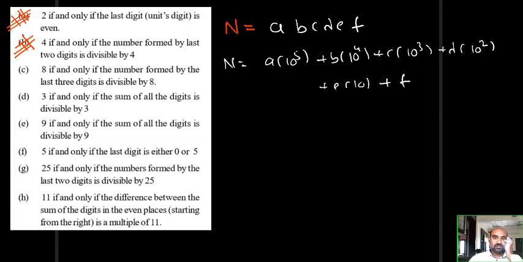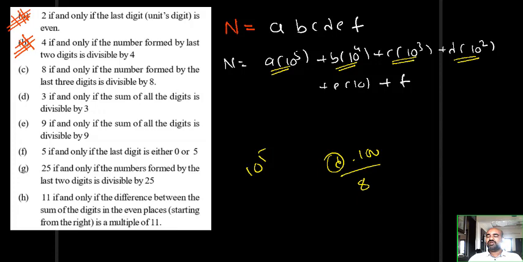Okay. Now observe students, 10 power 5 is divisible by 8 obviously, irrespective of A. Irrespective of B, this is divisible by 8. Irrespective of C, this is divisible by 8. 1000 is divisible by 8, no problem. But you don't know whether 100 into D is divisible by 8 or not. This depends upon D only. We want to prove that divisibility by 8 depends upon D. Similarly, E into 10, you don't know if it is divisible by 8 or not.